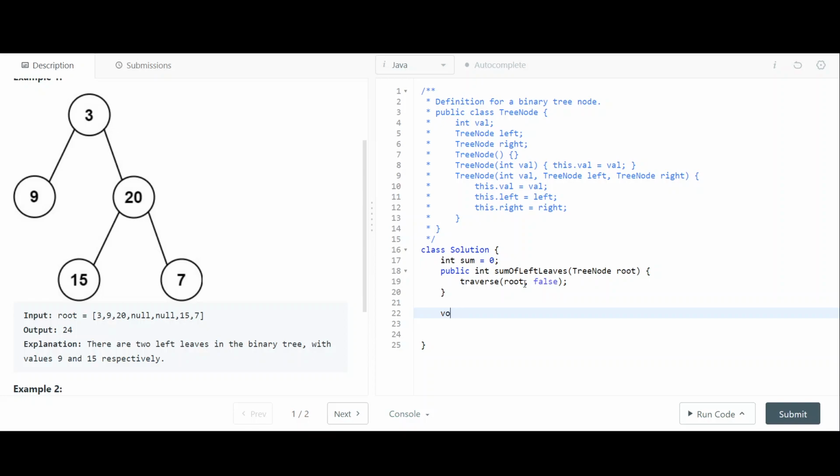Okay, so you do void traverse, with root and boolean is left child. Okay, so now if